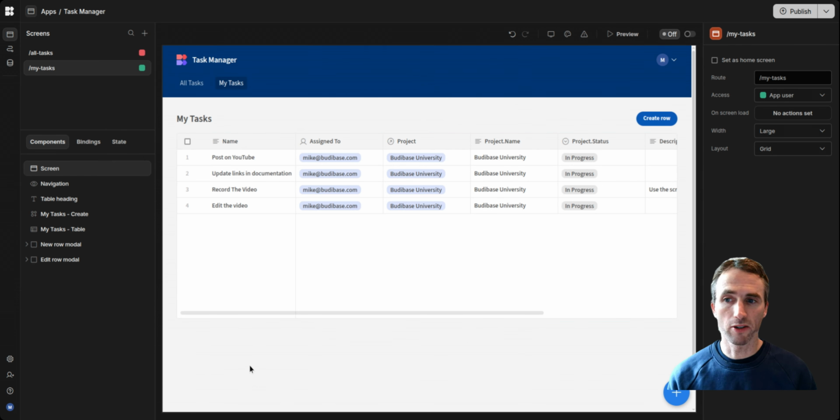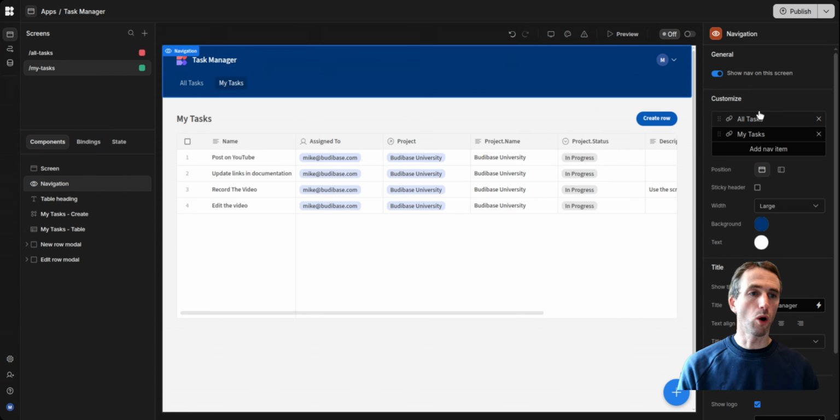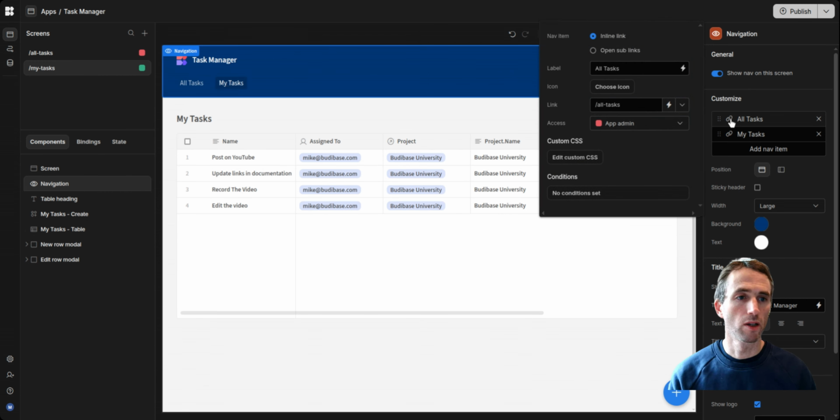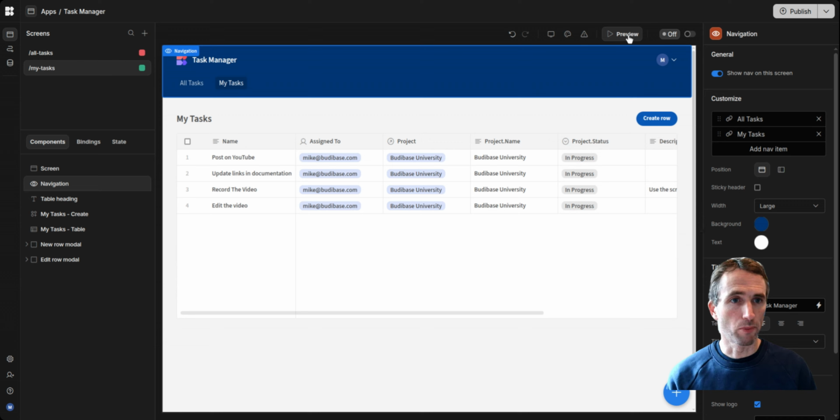So let's have a look at the navigation. So we'll see the navigation has two items there, all tasks and My Tasks. As you can see in here as well, this is where we set access, and that's how we tell Budibase what navigation items to show based on the role. So app admins will see the all tasks item, and anyone who's logged in at all will see the My Tasks nav item. And if I preview this right now,